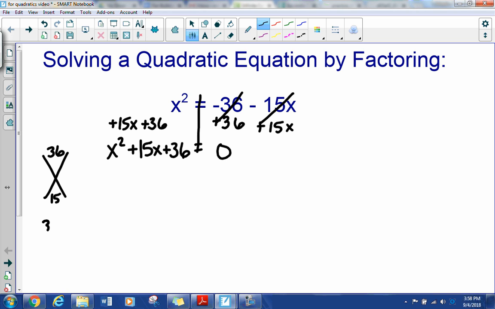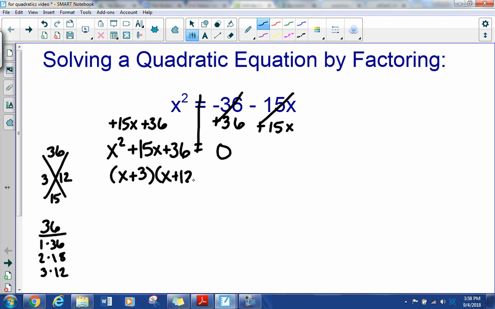If you don't know them off the top of your head, that's fine. Just start by listing factors of 36, and hopefully eventually you'll find the right pair, which I think right here it would be, because both of these, the c term and the b term, are positive, which means both of the factors are positive, and 3 and 12 are the ones that add to make 15. So I drop these numbers into my parentheses over here to get the factors of x plus 3 and